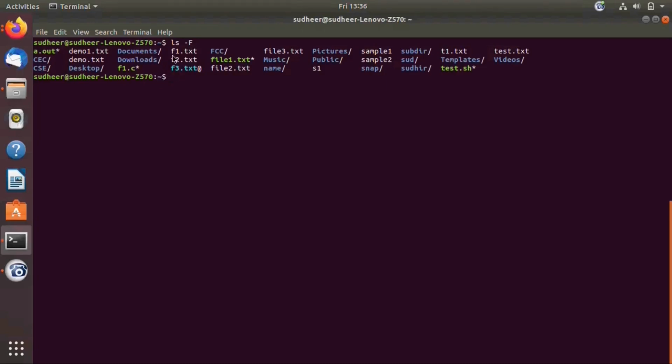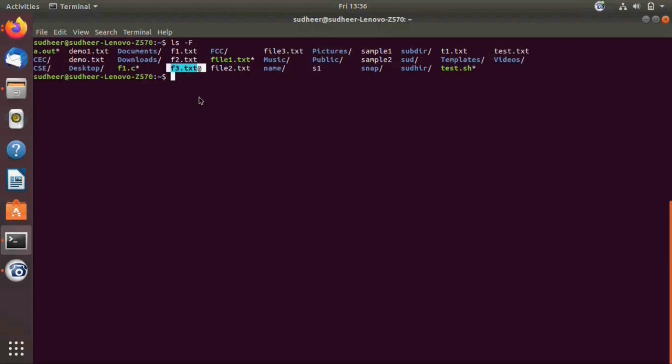One is the directory; see, the forward slash indicates this is a directory. The second one is star, which indicates an executable file, and the third one is an at sign, which indicates a link file. So -F lists all the files with their file types.